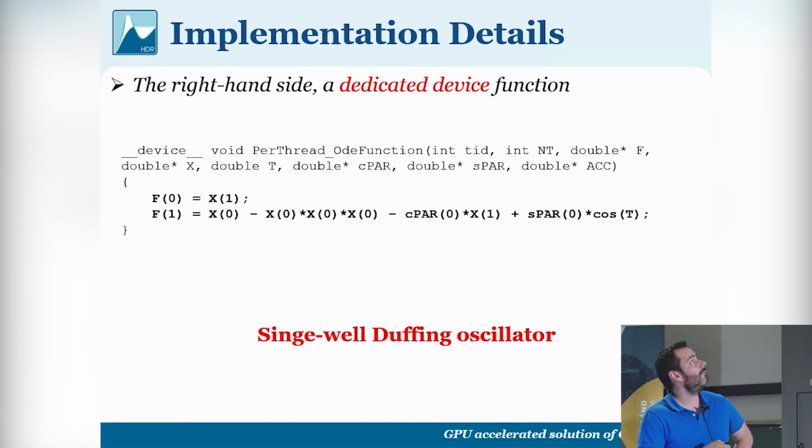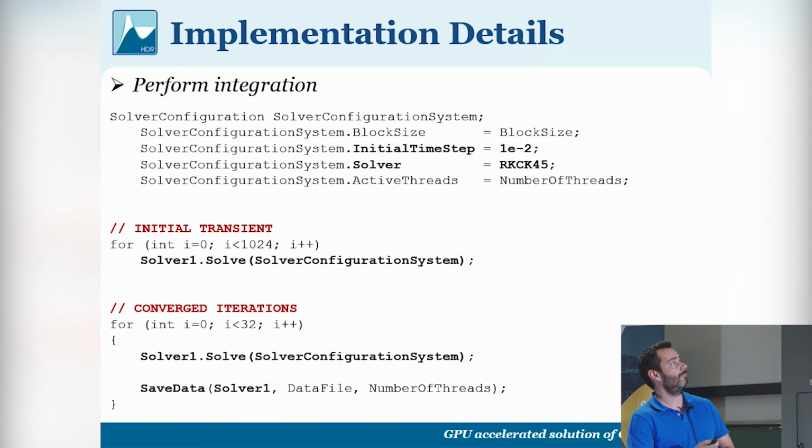But nevertheless, we can specify the right-hand side very easily. It's very similar as in case of MATLAB. The only difference is that the indexing starts from 0. If you have an eagle eye, then you can recognize that this right-hand side is actually a single well Duffing oscillator. After that, we can perform the integration itself, but first we still have to specify some other parameters, like